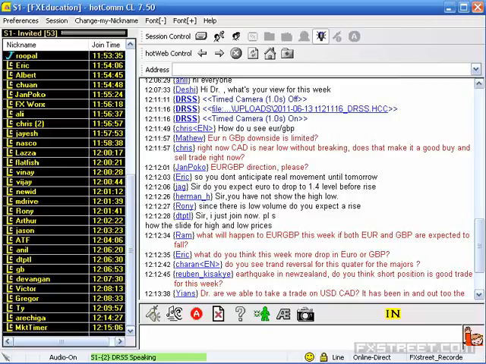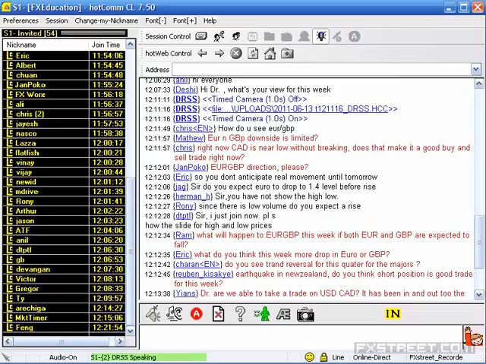And Eric, you don't anticipate real movement until tomorrow. Not a real movement. It all depends upon the traders' commitment. If the traders in Asia think that it is a holiday in Europe, so there is no point in taking position, and those who are in Europe are not willing to take positions, then in US they think, okay, it was a holiday in Europe, so not many positions are taken. What is the big deal in taking the positions in the market? So it is a question of herd mentality. So automatically you find the market becomes subdued.